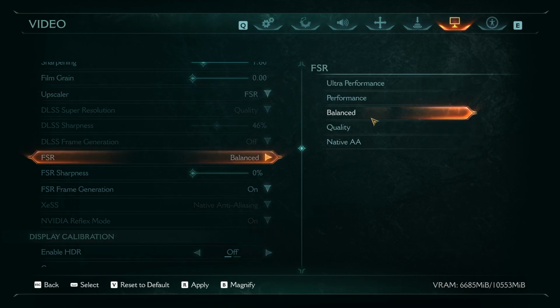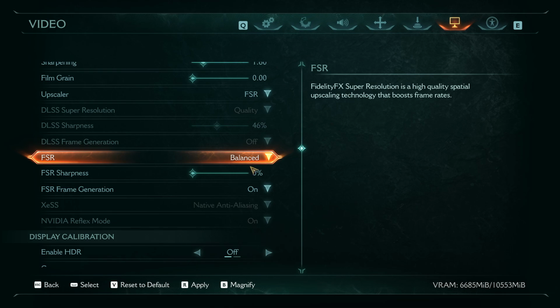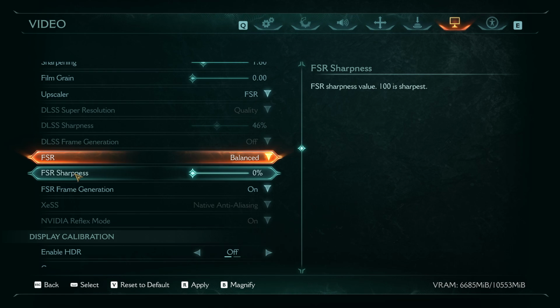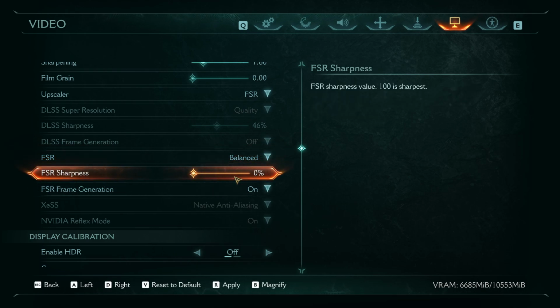FSR, I can change the quality and performance, ultra performance. These two are going to decrease the quality of the game, but it will perform better. If you want to have better graphics and quality, you're going to choose quality, but I have balance. That's enough for me. You can also adjust the value of FSR sharpness by using this toggle, but I won't